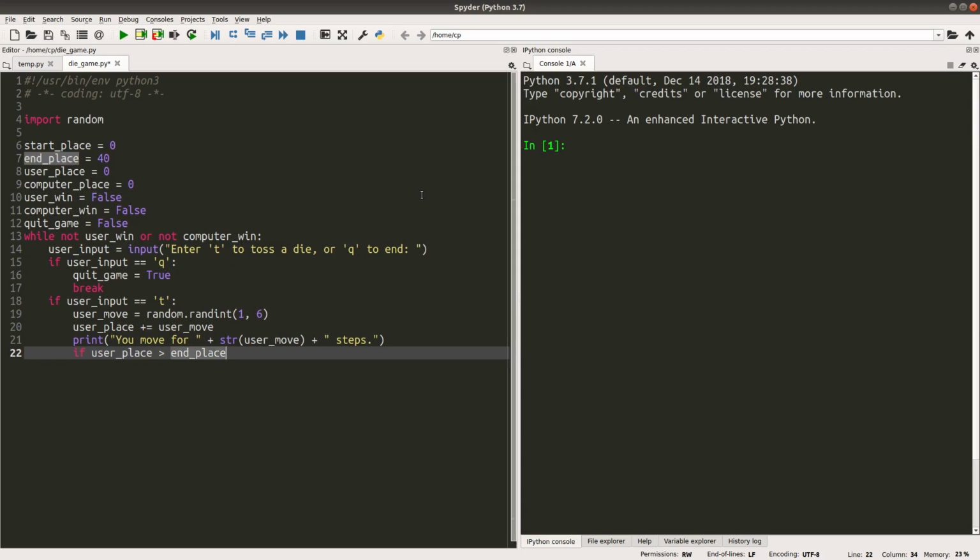What would happen if the user position is beyond the ending position, which is 40? It means that we have to handle the overshoot condition. The overshoot variable here refers to the extra steps that should be deducted from the finish line.